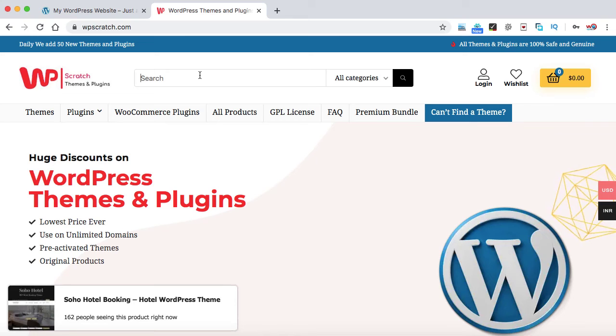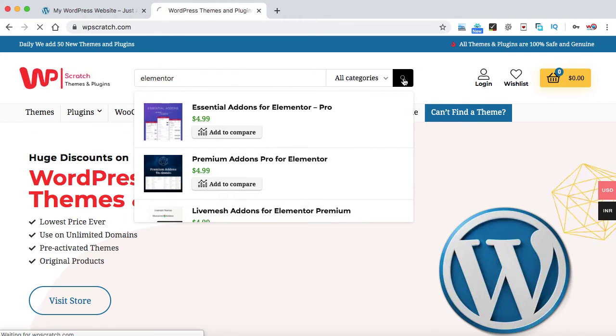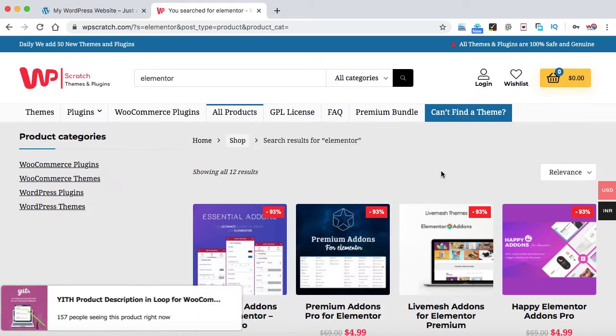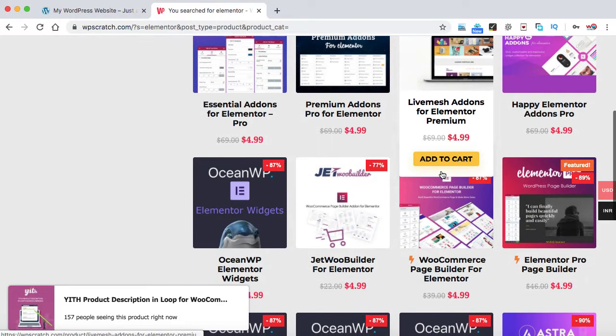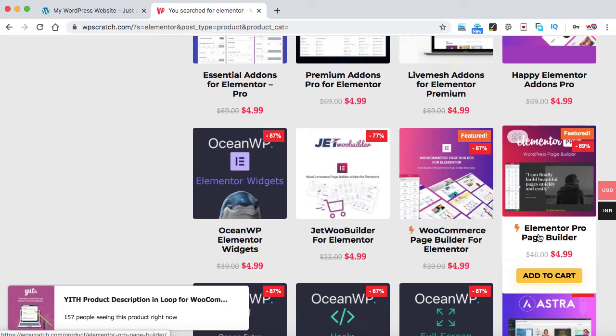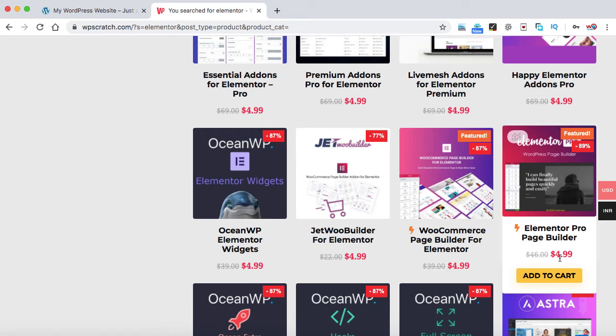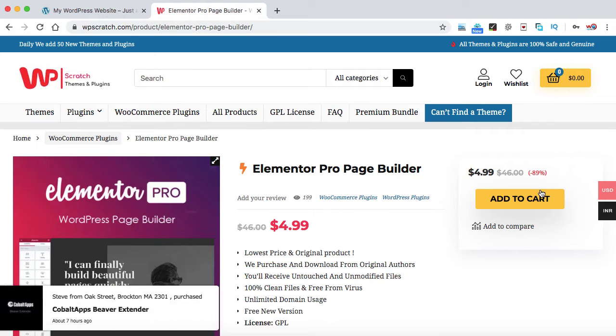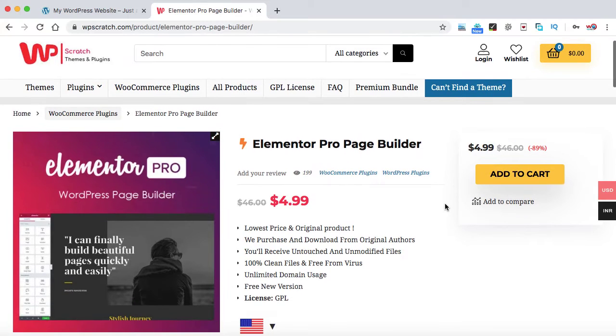So in the search box, we can search for Elementor and then hit the search icon. These are all Elementor based plugins, and here we have Elementor Pro Page Builder. This is just $4.99. So let's click on it and we can buy this plugin. Simply go to add to cart and download the .zip file onto your computer. I have already bought this plugin, so let me show you how exactly we can install this Elementor Pro plugin